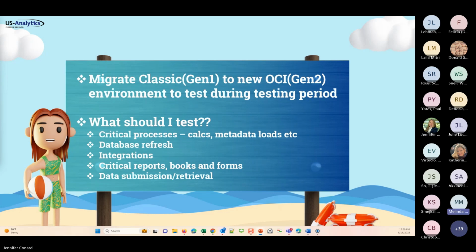So we'd recommend saving off a point in time backup right before the migration happens from your current environments. That way you have all your artifacts, everything you need. Same thing with tests. If you had something in development, maybe in your test environment, make sure you back that up so you can import it back in if you need to. Because once they do that migration, if something gets dropped off, you're not going to have access to that old environment anymore. It'll all be redirected to the new environment.